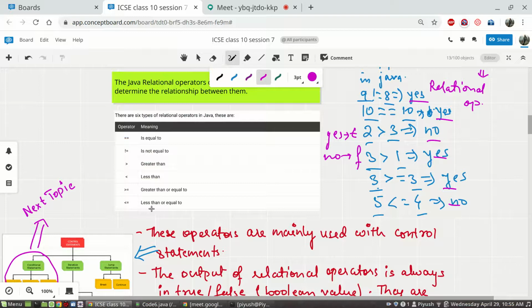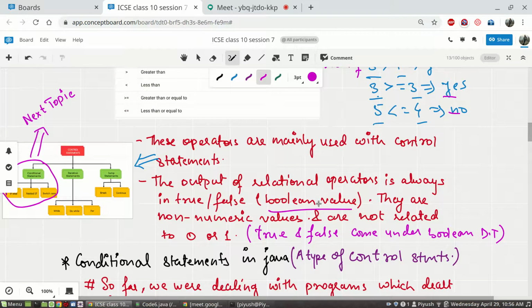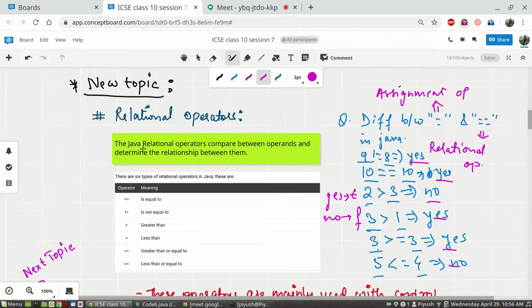These operators will have two different operands on the right and left side, or maybe two same operands also, and based on the comparison using that operator, the answer will either be true or false, which are of Boolean data type. Boolean data type has only two values, true and false, which always appear when we compare two operands using relational operators, where true is obtained when the answer is yes and false is obtained when the answer of comparison is no. Is this much concept clear to all about relational operators? Let me know.